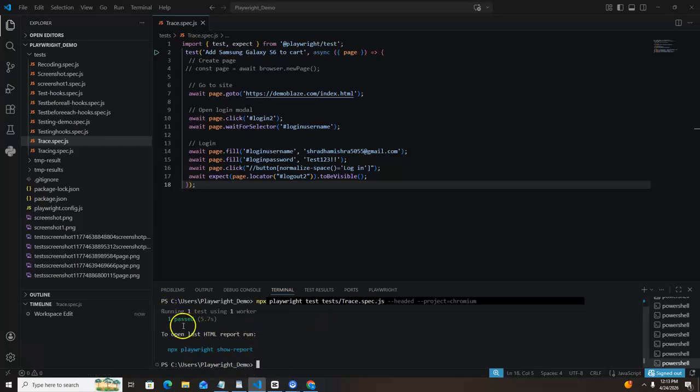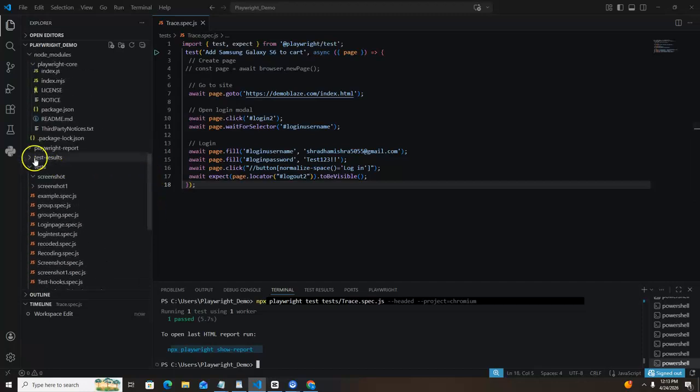And so the test is passed because it's showing 1 passed. I have explicitly selected Chromium, and this is the command of the report. First, we need to see that it has already created one file, the trace.zip file, under the test results. You can click and expand this one, and you can see here this trace.zip file is created, and you can see here